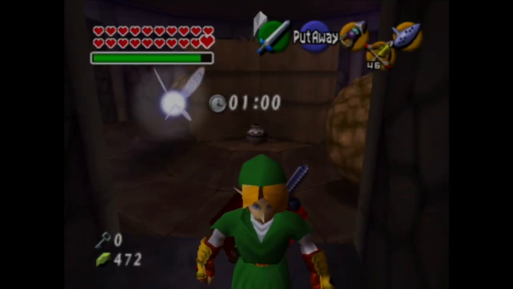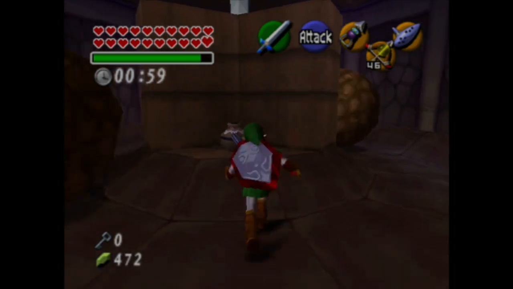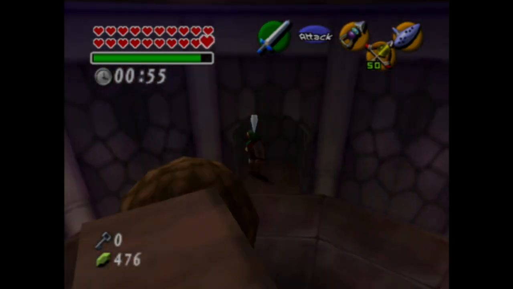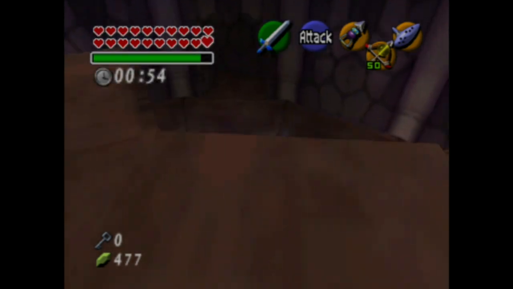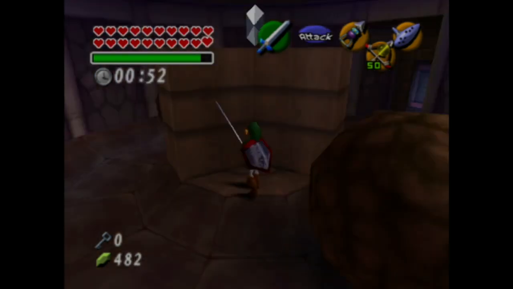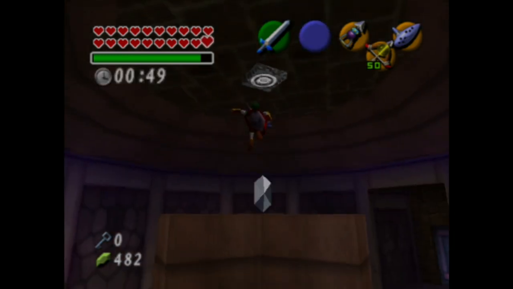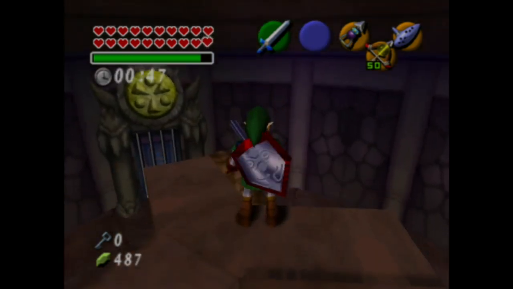And we've got another silver rupee collecting quest, this time with big boulders around the outside. I probably should not have walked out until then, but whatever. Through here, there is a hookshot target up on the ceiling. That's how you get that one. That one,